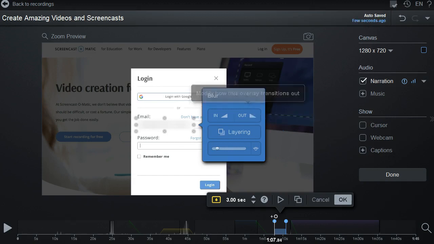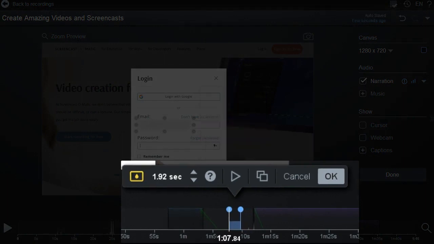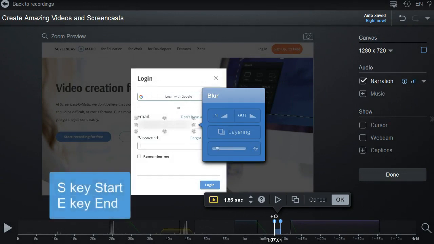You can choose the section of the video your overlay appears by dragging these bars over the timeline to select the start or end point. You can also jump to the start point by clicking the S key, or jump to the end by clicking